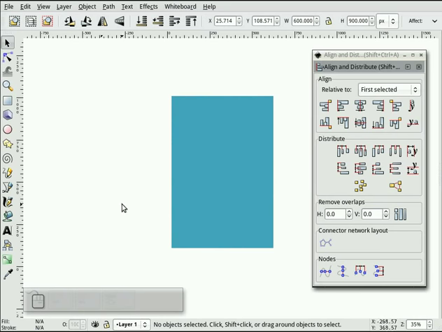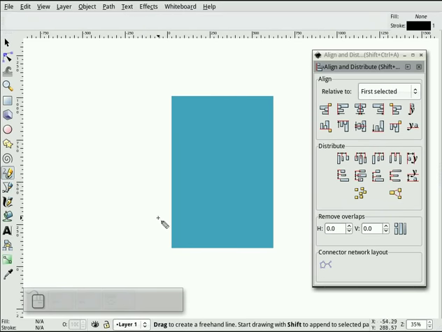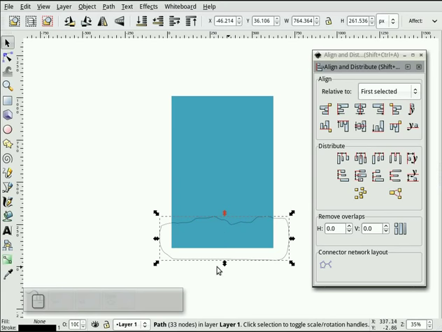Okay, next thing I'm going to do is create my landscape here, and this is completely random. I use the freehand tool and just create some kind of landscape that suits your fancy. Make sure it ends on the same point you started with. It'll be a closed shape. You hit F1 to select that shape you just created, and you can go in at this point and look